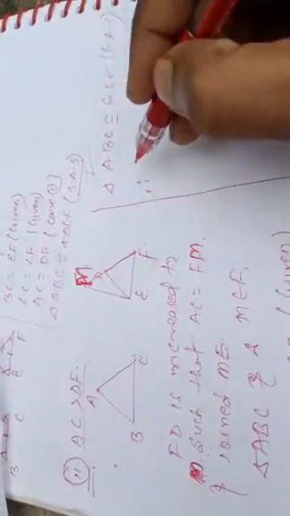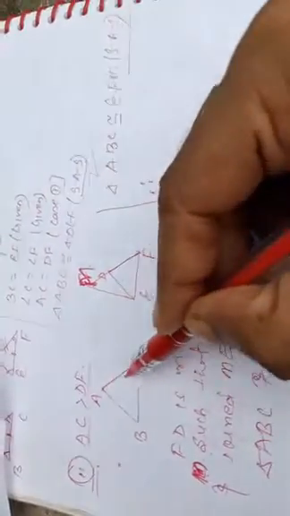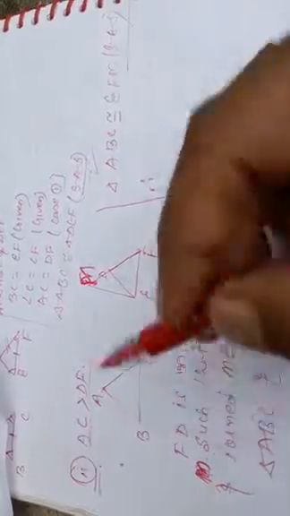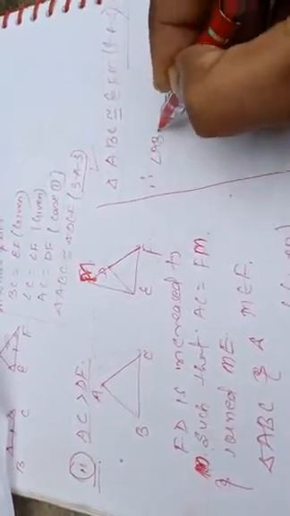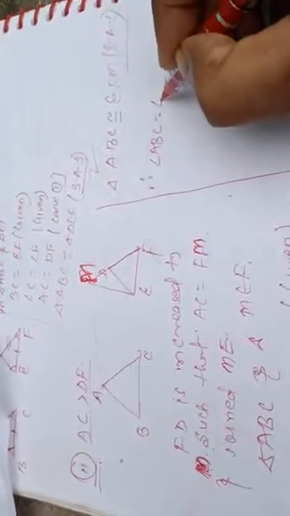The triangles will be congruent using SAS. If the triangles are congruent, then the corresponding parts must be equal. Therefore, we can write, see, the triangles are congruent over here. If the triangles are congruent, then what can we write? The angle opposite to AC is angle B, which means we can write angle ABC equal to angle, and see, AC was equal to